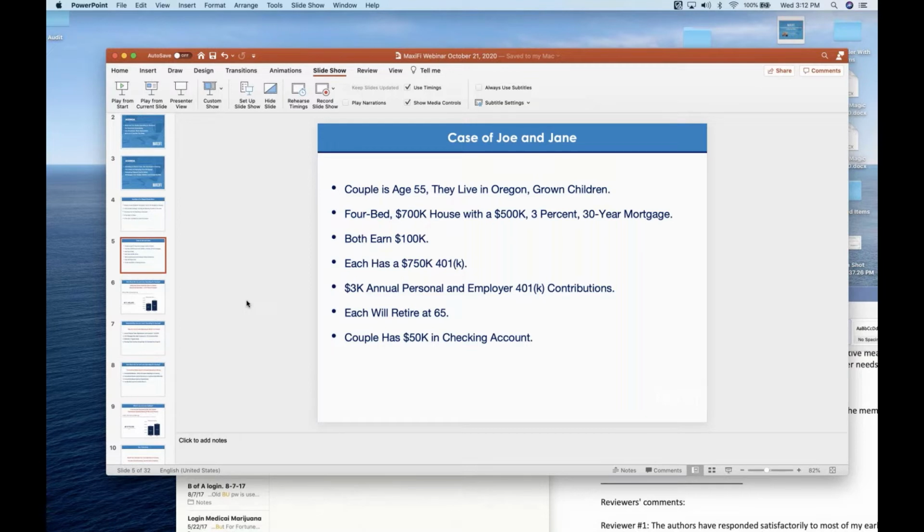Okay, let me just try to find a good one here. Yeah, here's one from Stephen. Could you comment on HELOCs or home equity line of credit, or a straightforward mortgage refinance with some amount of cash out to unlock equity in a home as opposed to the reverse mortgage?